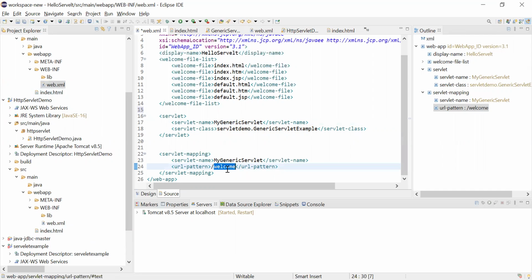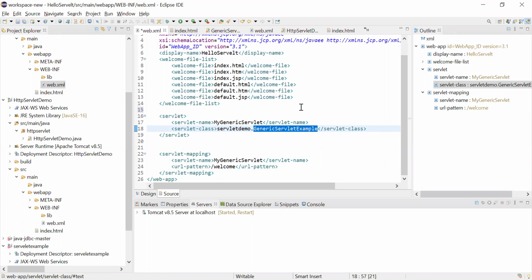Once I give welcome, see, the flow will go like this. When I give welcome, my generic servlet name will be called. Once the servlet name is called, it will look for the servlet name mapped exactly to this name. It will come here and call this class. That's it.